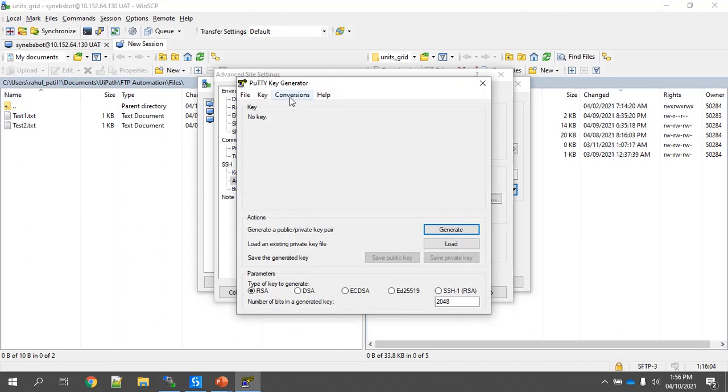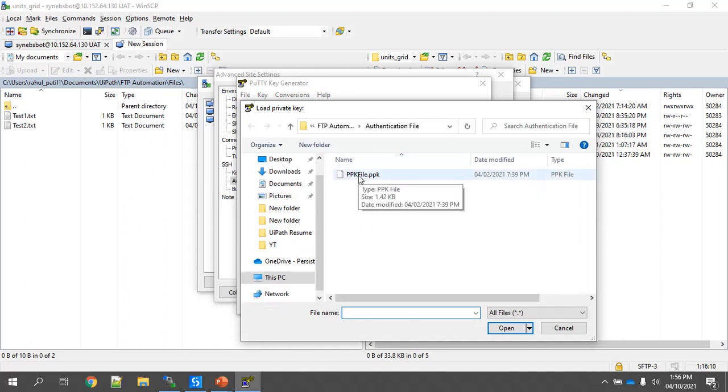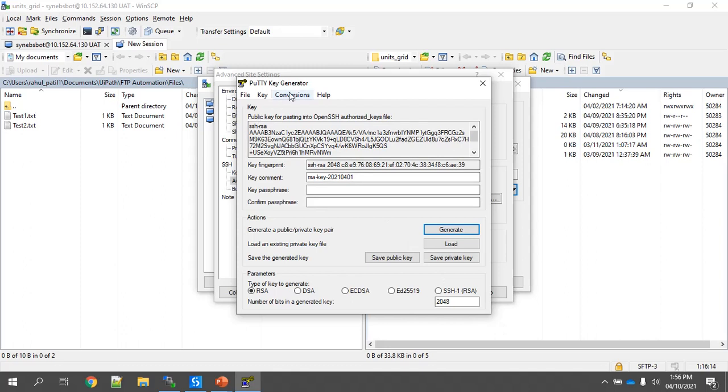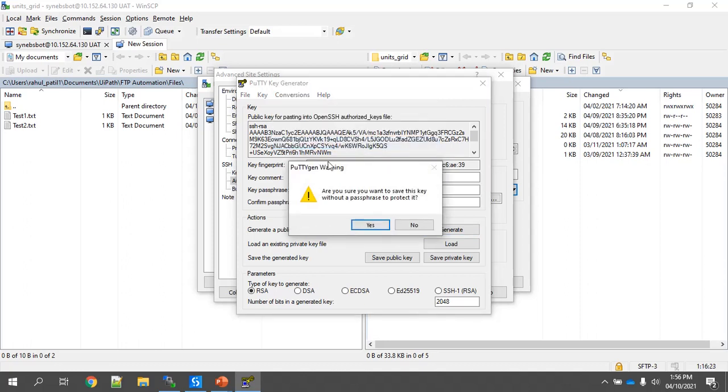Now navigate to the conversions. We'll import our existing PPK file. This is the PPK file, and again we export that into the ssh.com key file, whatever the option is here. So we will click on that.